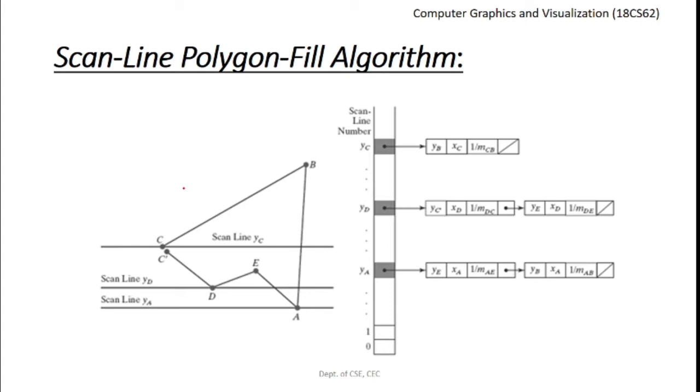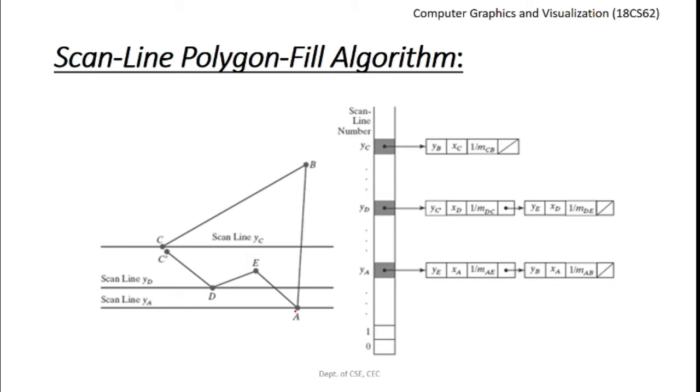Now let us try to understand the concept of something called a sorted edge table. To efficiently process this scan line algorithm, it uses a table called a sorted edge table, where it sorts the scan lines which are intersecting with the polygon in a given order. For every entry in this sorted edge table, it maintains something called an active edge list. The active edge list will contain the information pertaining to the intersection of this particular scan line at a particular vertex position. So let us move from bottom to top. Let us first consider the scan line YA, which is passing through the vertex A of this particular polygon.